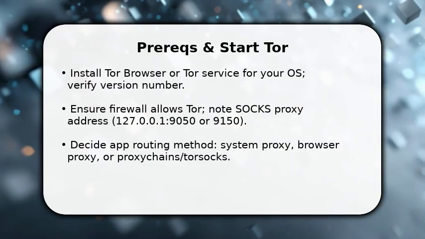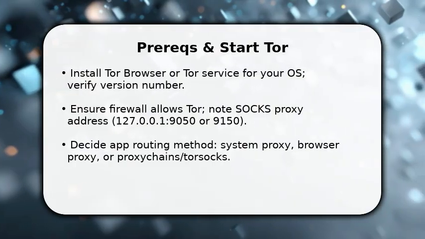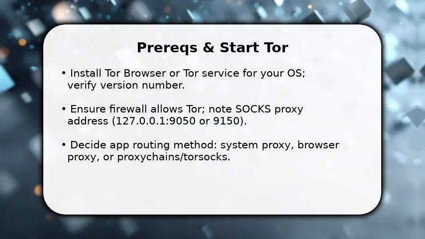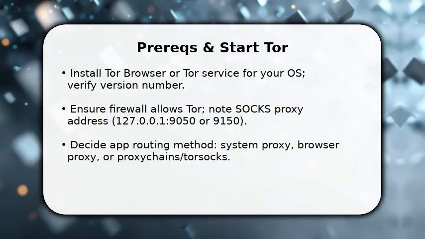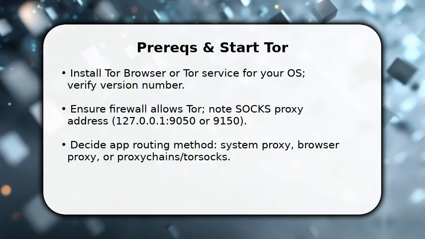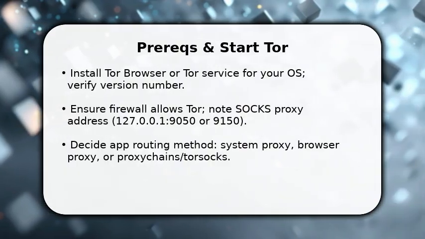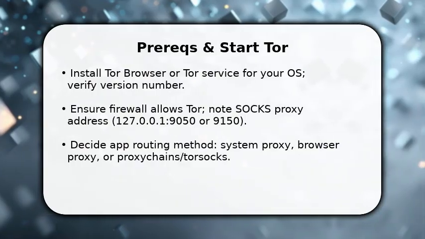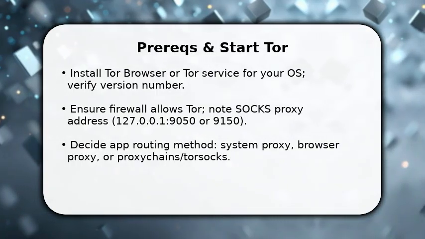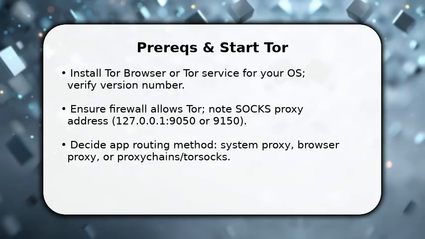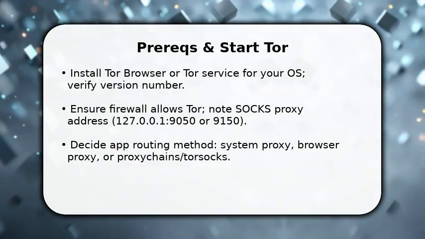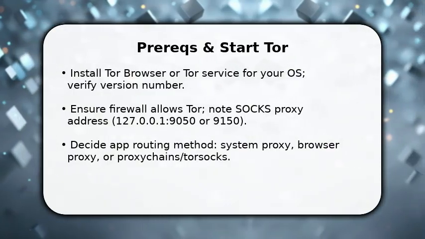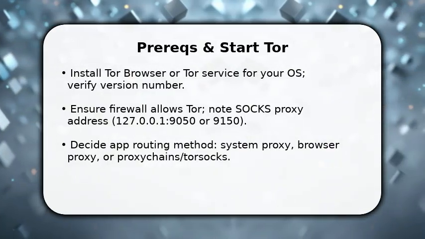You begin by getting Tor installed and confirming the SOCKS address. This is the foundation. Once done, open Tor browser or start the Tor daemon so a local SOCKS 5 listener appears. Make sure your firewall permits outbound Tor traffic, and note which port Tor uses, 9050 or 9150. Then choose how you will route an application. Point it directly at the SOCKS proxy, use a system proxy setting, or prepare proxy chains / Tor SOCKS for command